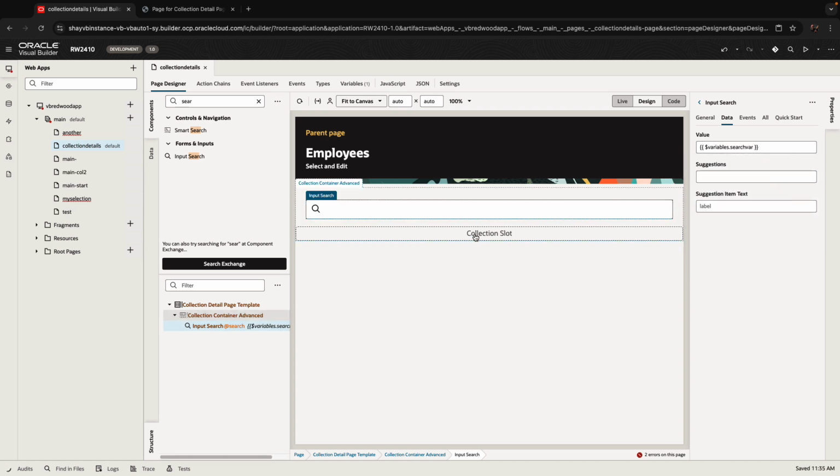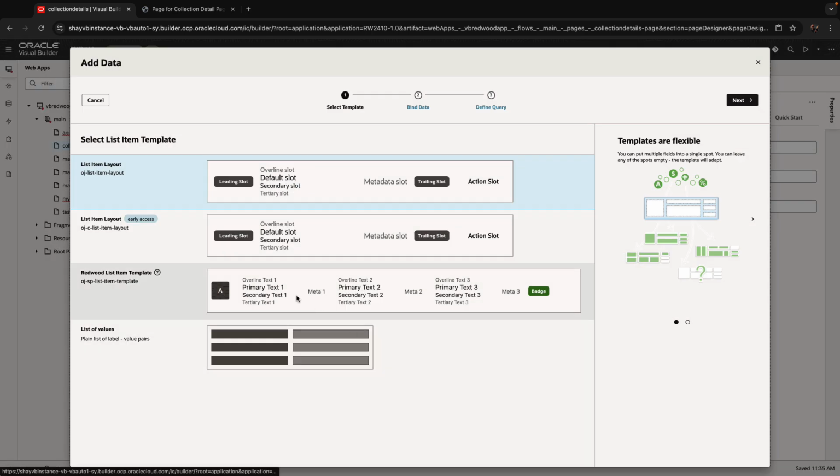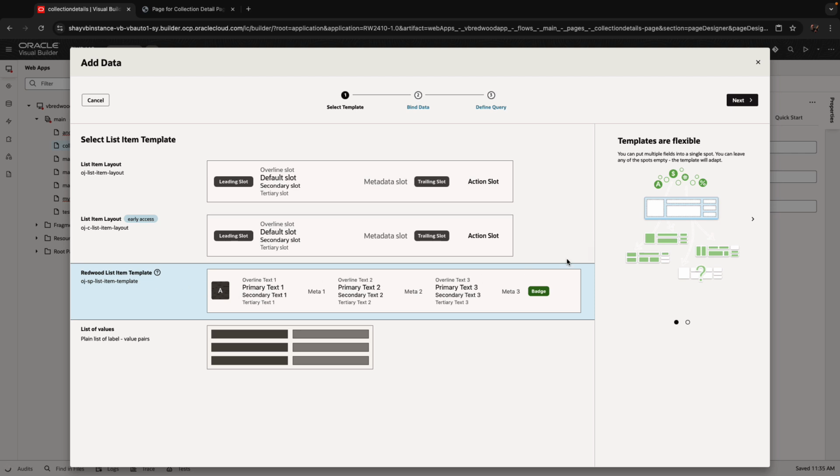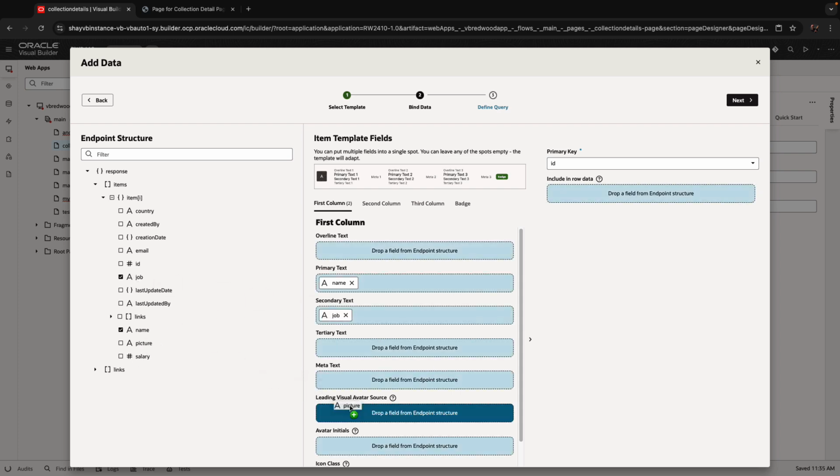Right. Then into the collection slot, we're going to bring in a collection of items. In our case, we have employees, so we can drag and drop it into the collection slot. Let's drop it as a list, for example. And we're going to use the Redwood list template here. I'm going to show you the name as the primary text, the job secondary, and we'll use the picture as